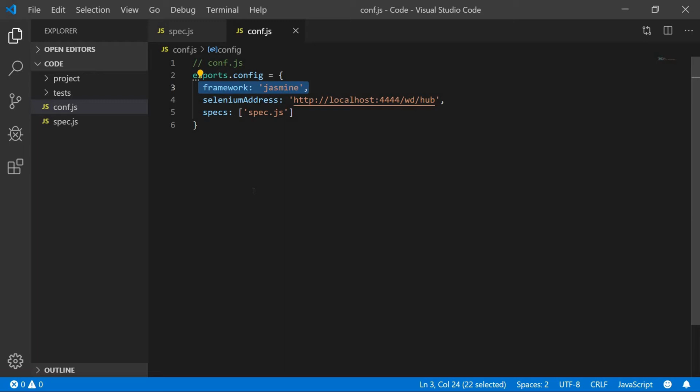The next thing is spec.js. This is given in an array, and this specs means spec.js. Before explaining spec.js, let me tell you that if you have done programming in Selenium with Java, then you have written those test cases in a plain Java file, and you have run it using TestNG or Maven commands.